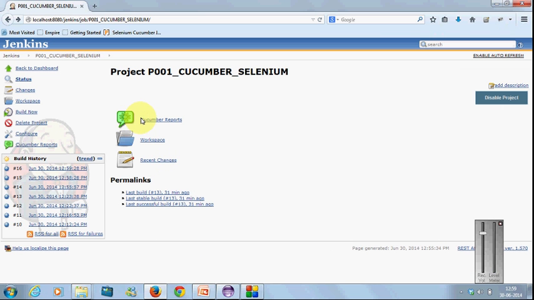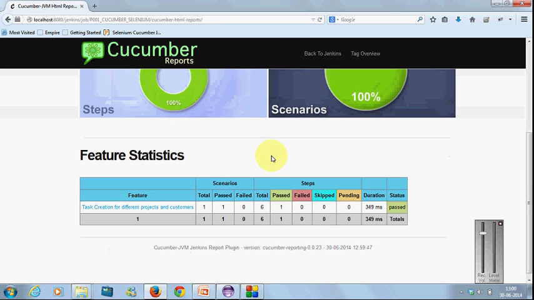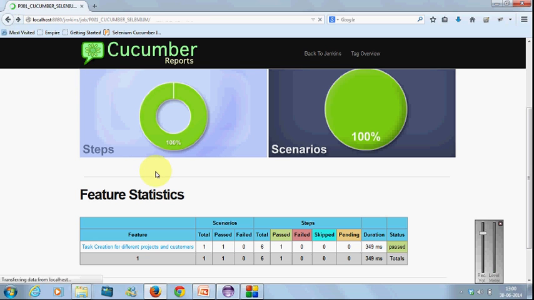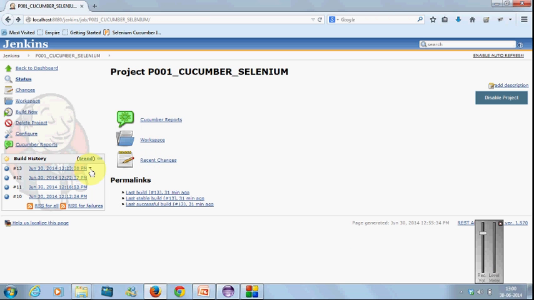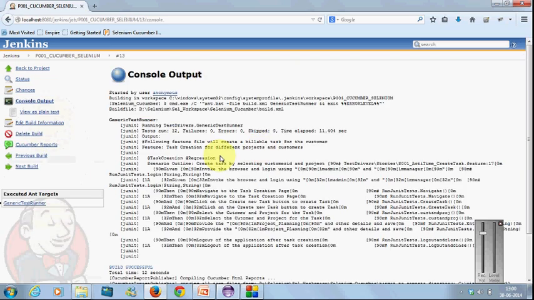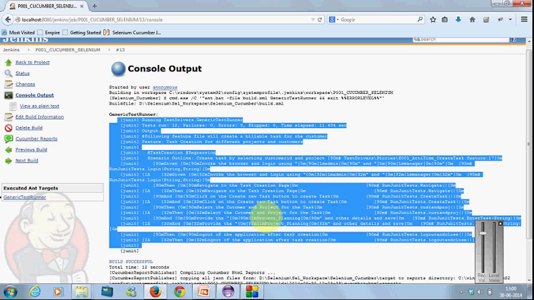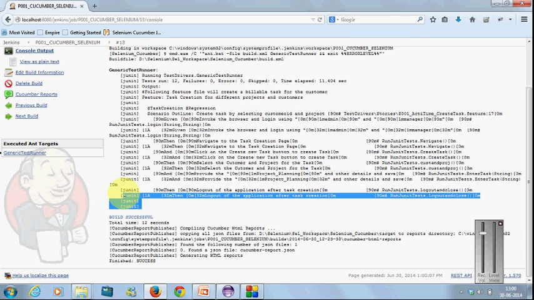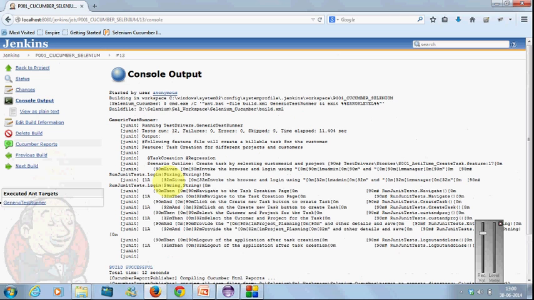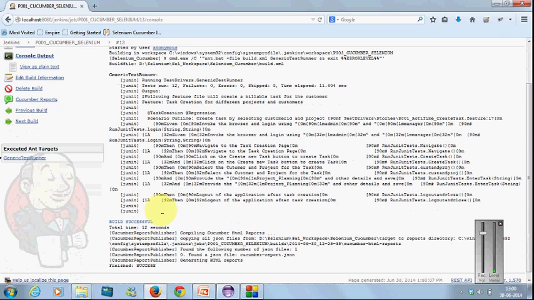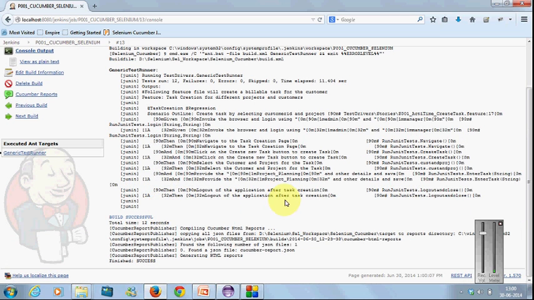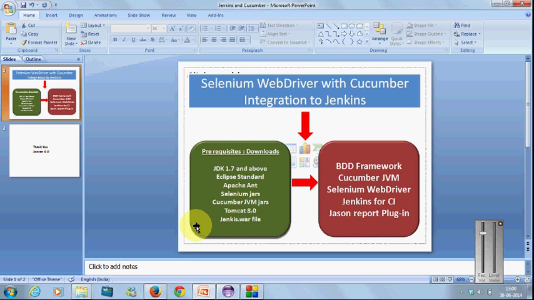Okay, just check the report. You will get a report like this. If you want, you can check the console output and verify it, and identify your exceptions, which will be displayed, and you can build your error handling as required in your Selenium code. So this is a simple setup which you can do very easily and without any hazards,